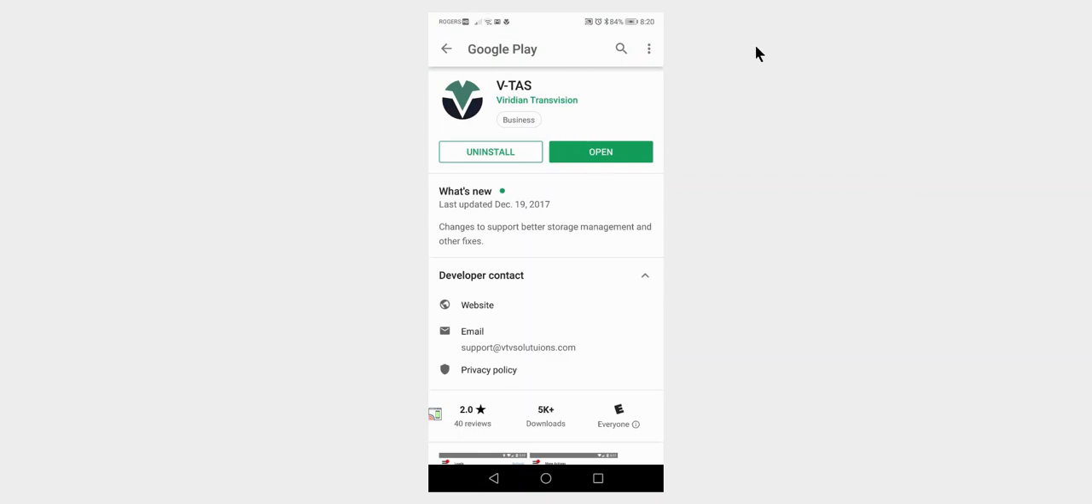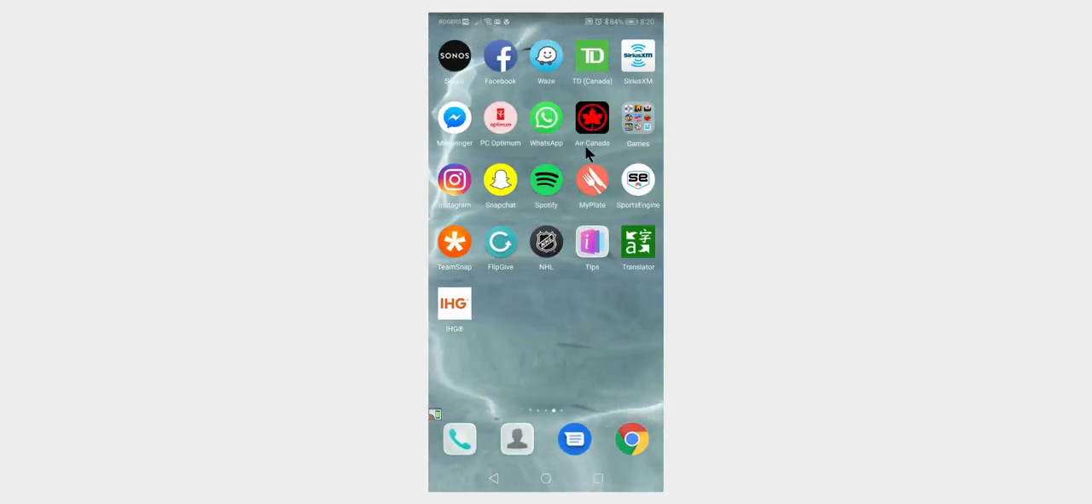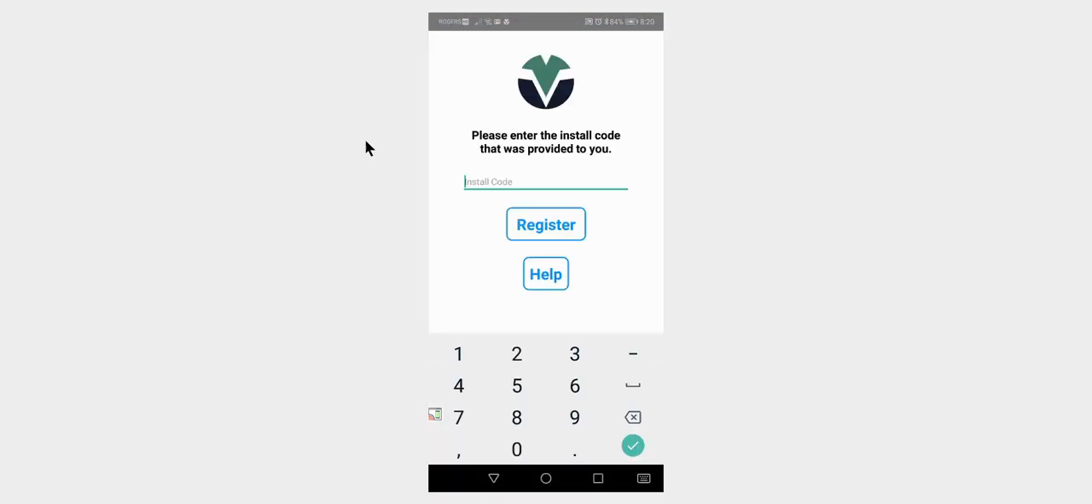This user has already downloaded the app, so you would have install here where it says open, right up beside uninstall. You'd click the install and very quickly you would have the app on your device. Looks like that. Click the icon and it will lead you to this screen where it asks you to enter